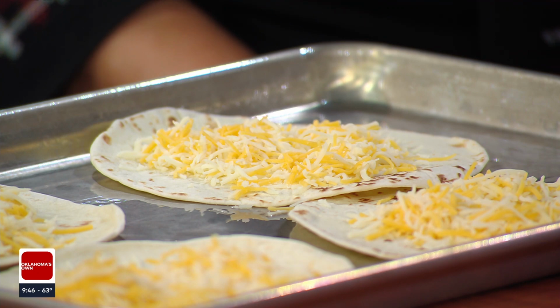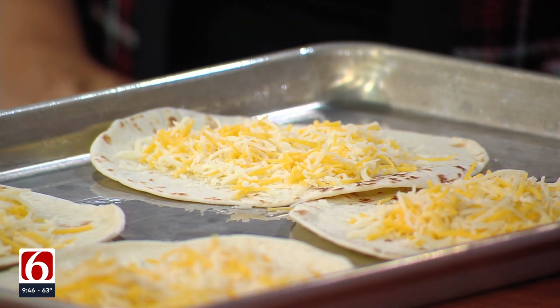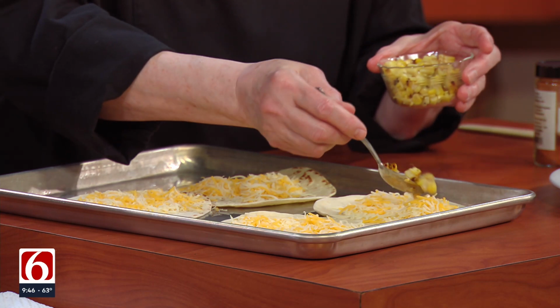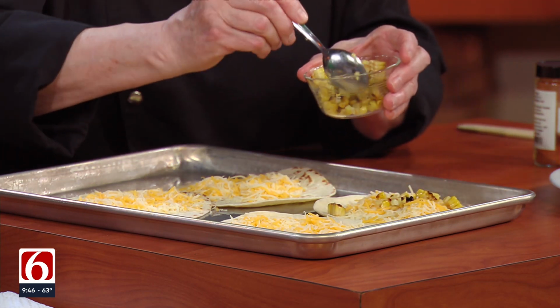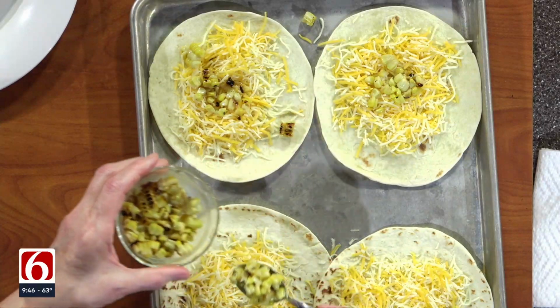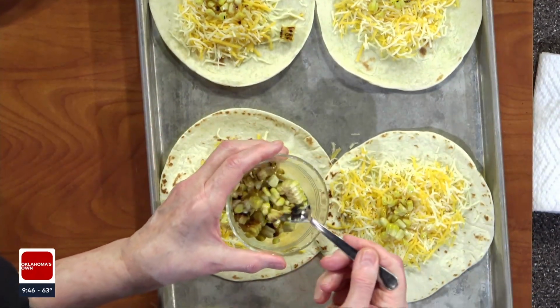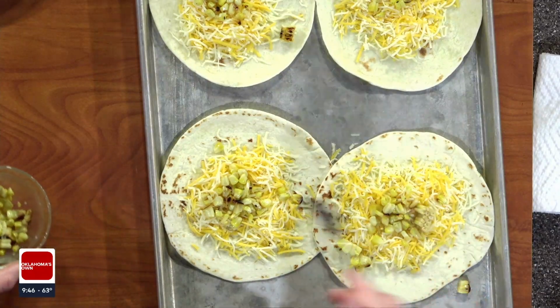And we're preheating our oven? Yes, the oven is being preheated to 425, so that's pretty hot. Then, just for some interest, you can add grilled corn, just a little bit to make it fun, not just cheese. And then you can add, again for flavor,